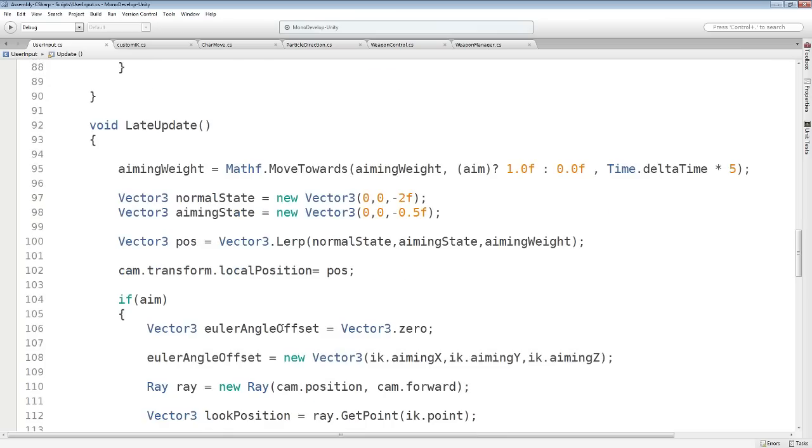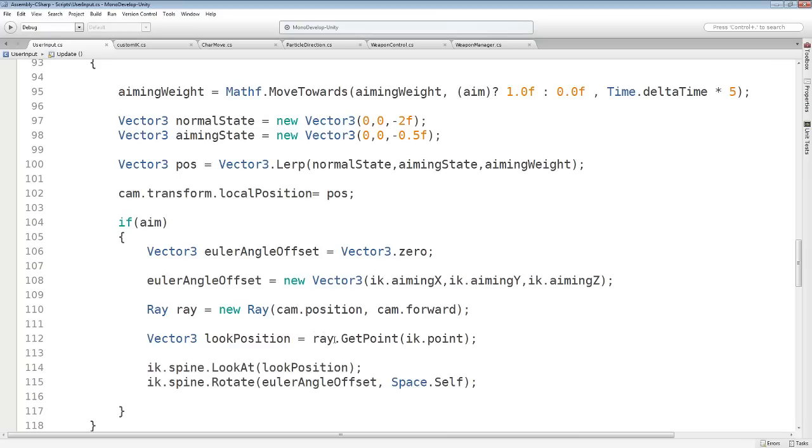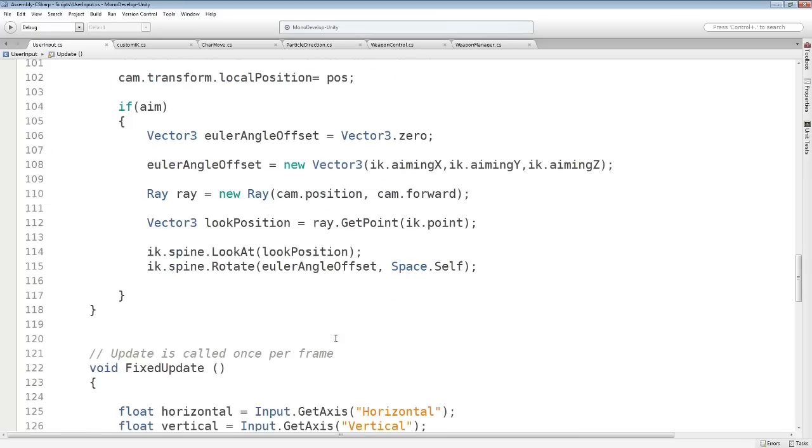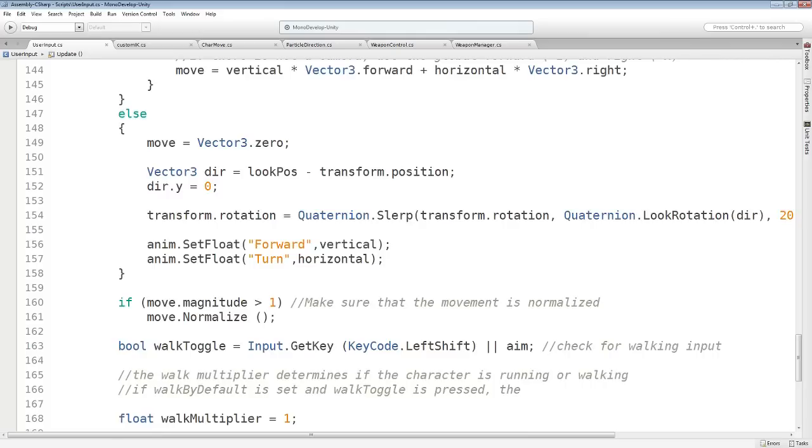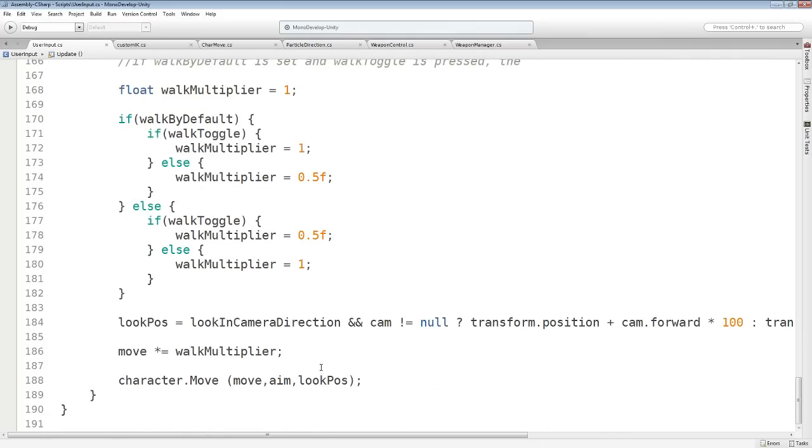And now we are pretty much done, but there is one point, let me just find it,